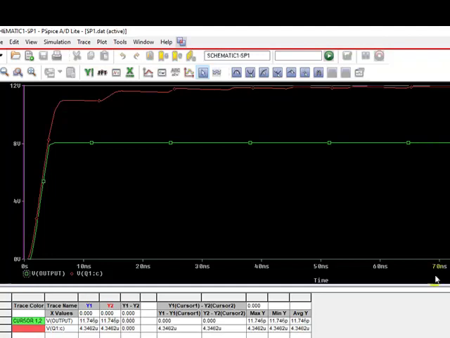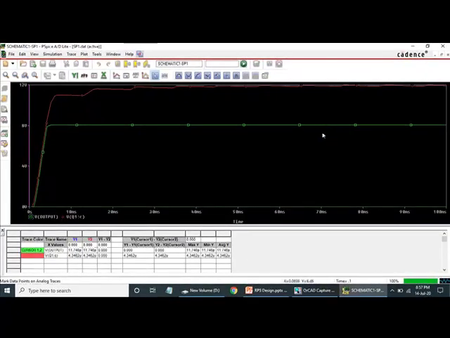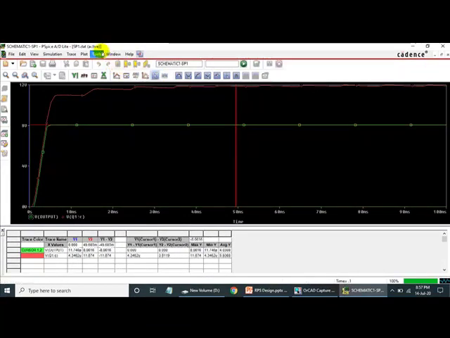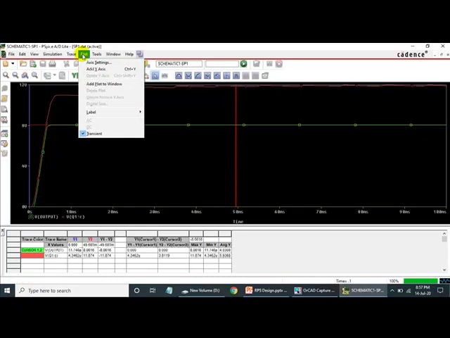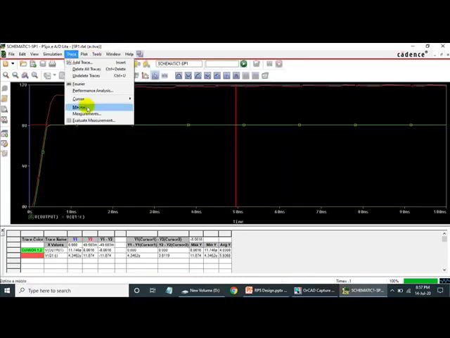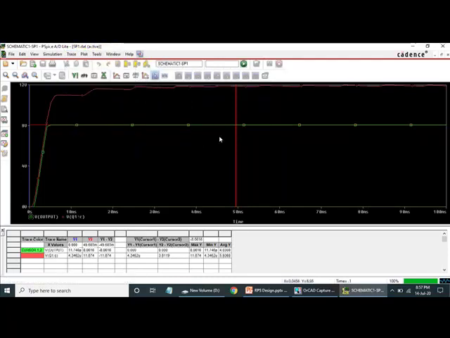And what about the current? Current flowing through the load resistance must be somewhere around 53.33 milliampere. Let us see whether the same amount of current is flowing or not. I'll plot another graph for that. All you have to do is right click. You can just go to tools, trace, and you can freeze the cursor. Because cursor is on, it will not allow you to right click.